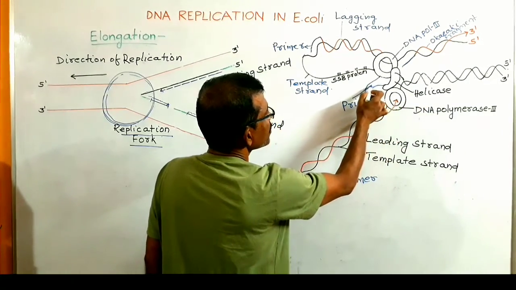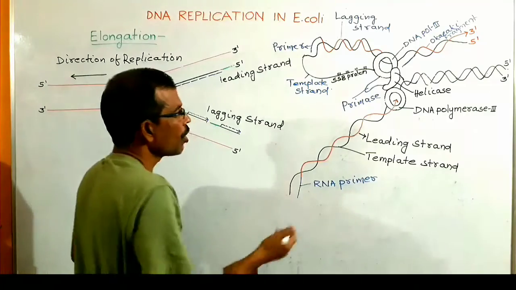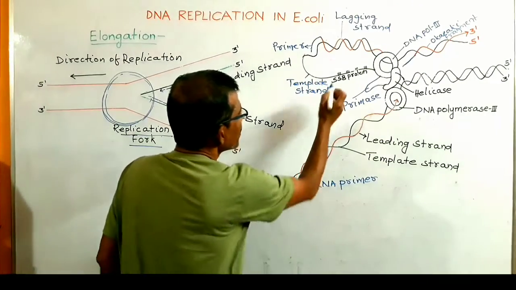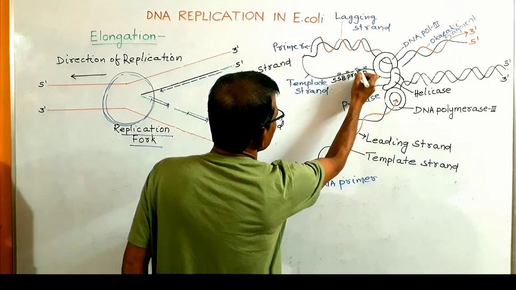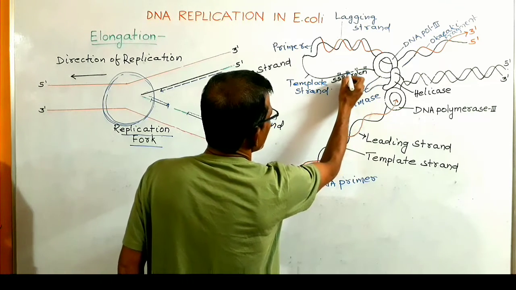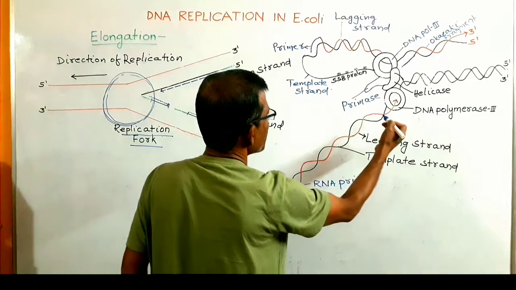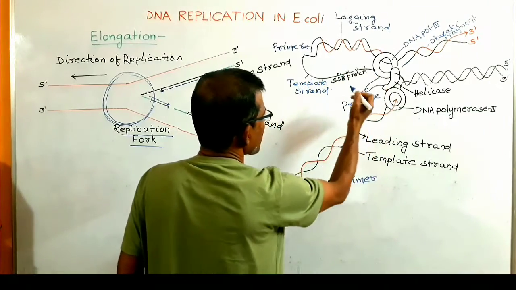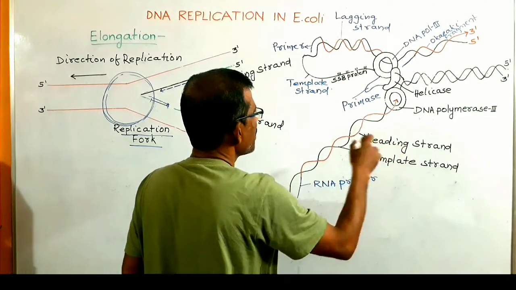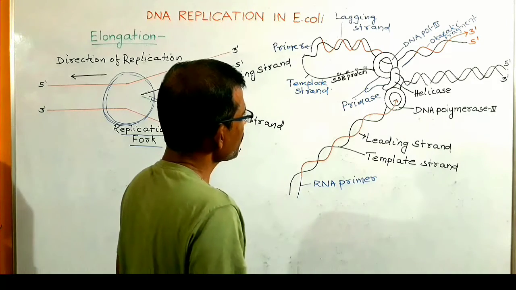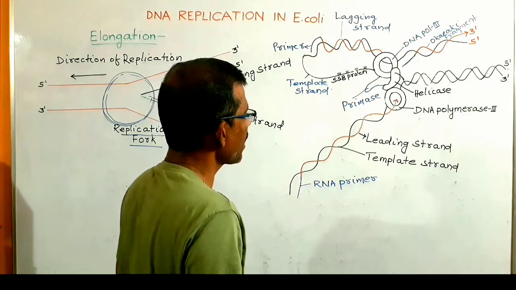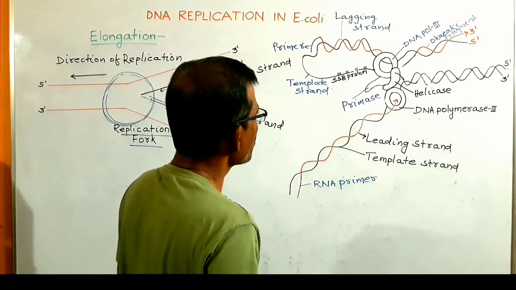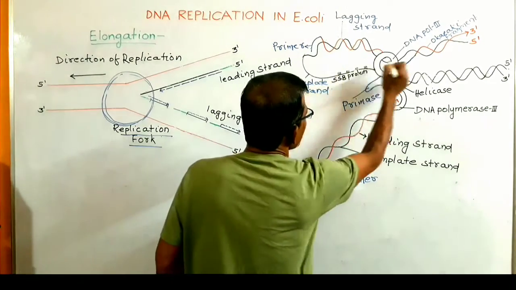And this is primase. You know about their function. And these are the single-stranded binding proteins. The function of the single-stranded binding protein is to stabilize the separated strands and to prevent their reannealing. So the problem that is encountered during the synthesis of the lagging strand can be solved by looping of the DNA